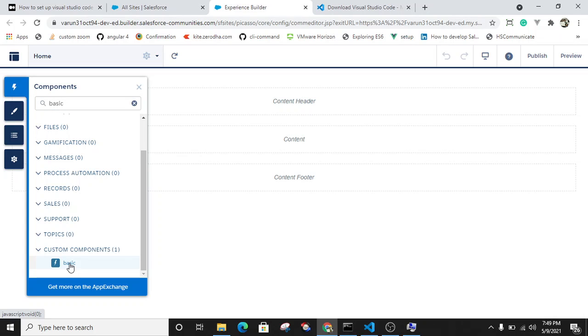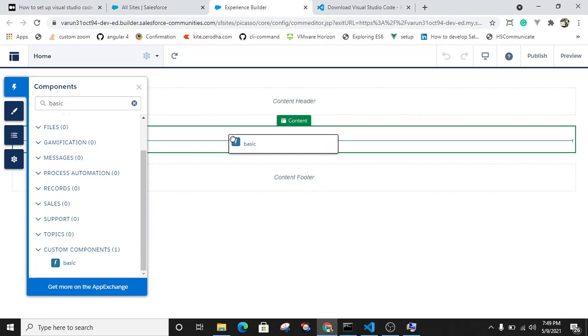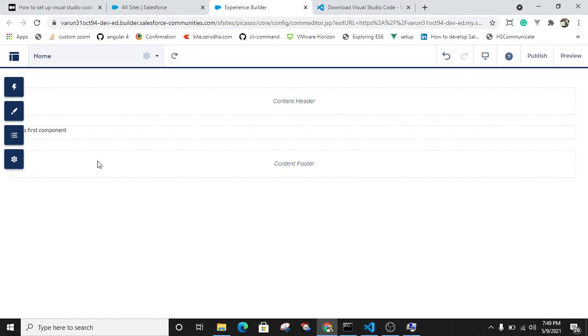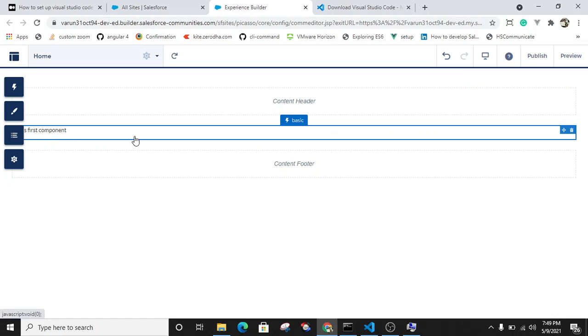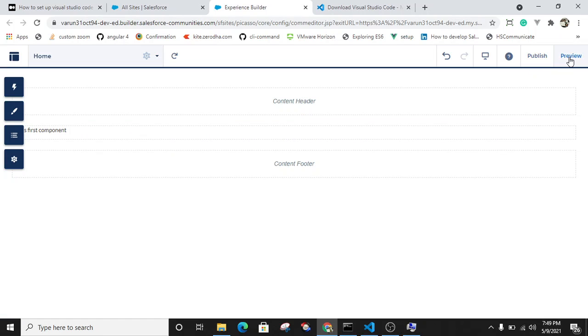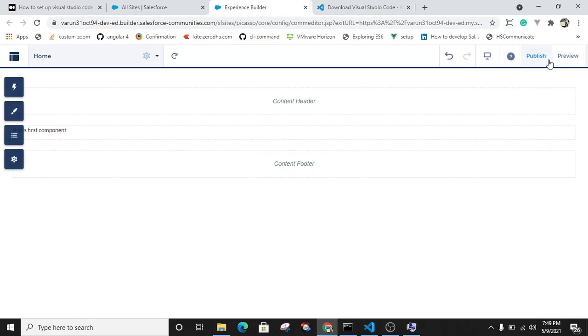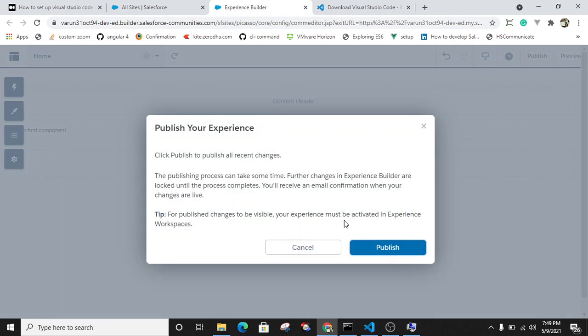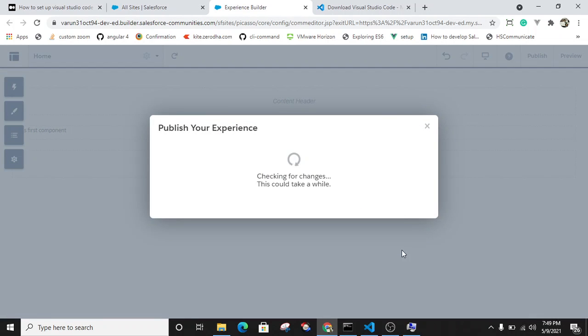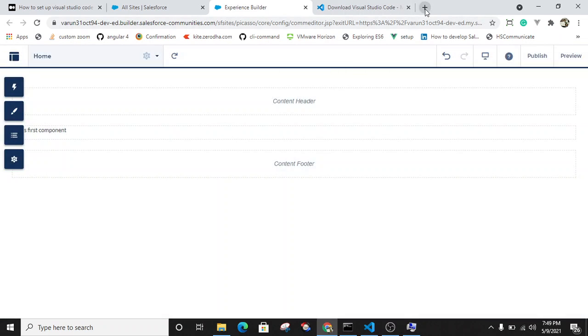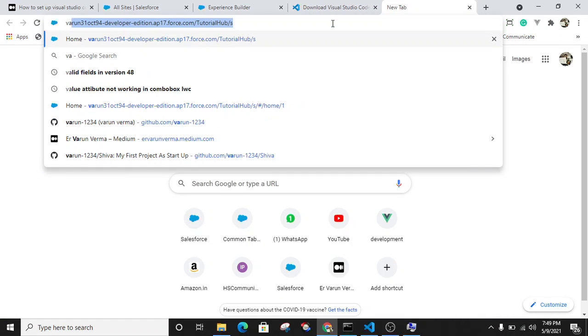Just drag your component here and you can find it. It is available here. You can also preview it. This is first component. And also you can publish your community and you can check it like this.